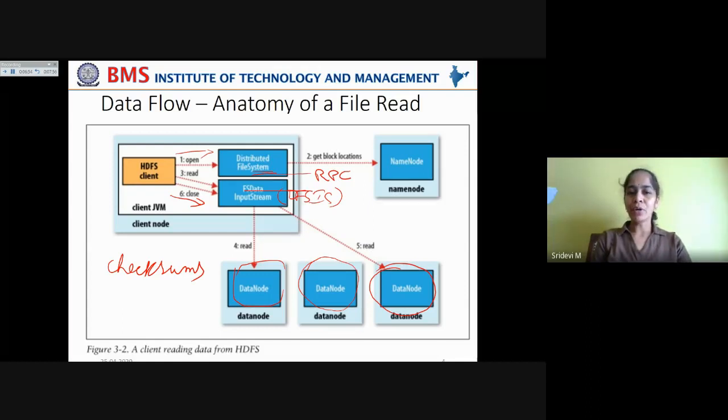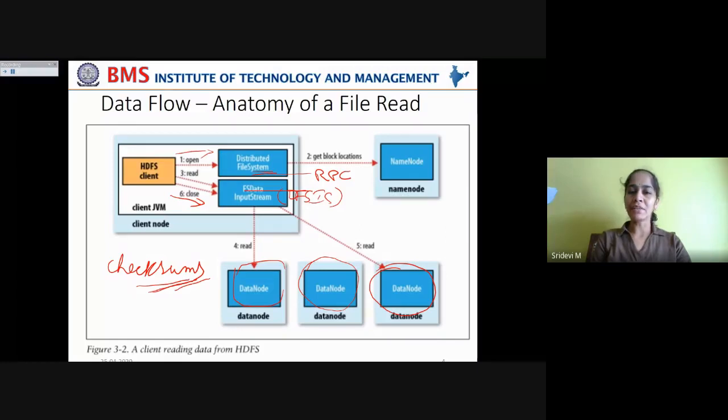If the data stored and the data read are the same, then the checksums will indicate that the data is consistent. Now, if any corrupted data is found by the DFS input stream, meaning the checksums are not equal, that says the data is corrupted. It is not in the same form as it was stored, right?